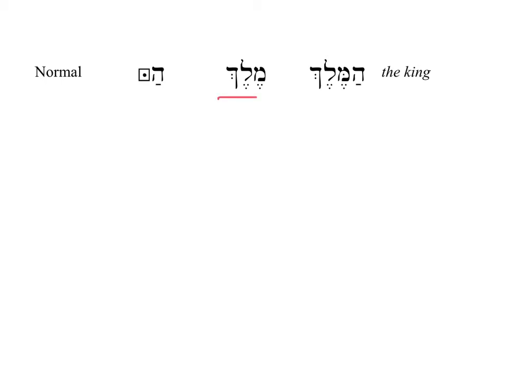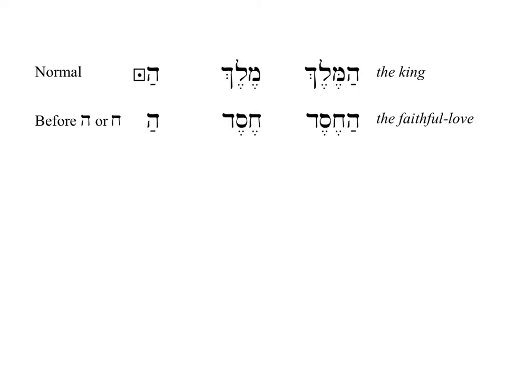We have the word melech, king, and we add a he, patach, and a dagesh: hamelech, the king. Then if we take the word chesed, this is a little bit more unusual because normally we would have compensatory lengthening since this begins with a guttural letter. However, as I mentioned, because the chet has such a strong preference for the patach, that overrules the compensatory lengthening. So in the case of the faithful love, hachesed, we still have the patach here. Not to worry, it's just because of the great strength of the chet,